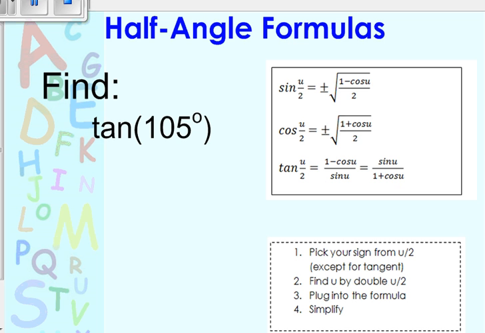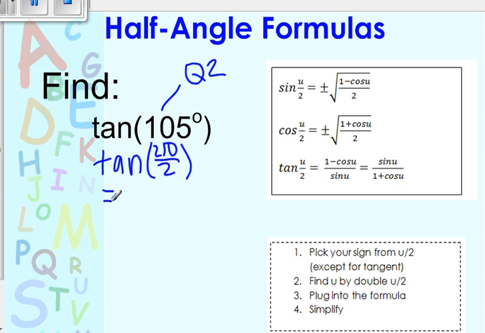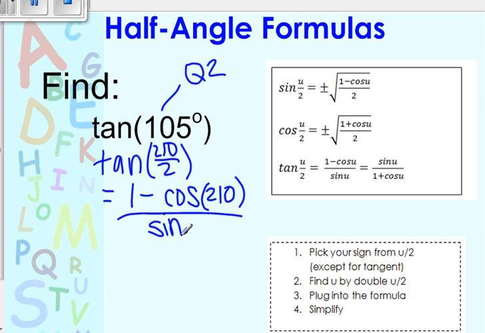All right, so this time we're doing tangent of 105. We already know this is in quadrant number 2, okay? And we are going to use the first formula there. So it's going to be tangent of 210 over 2, okay? It's going to equal 1 minus the cosine of 210 over the sine of 210. Okay. Now remember, 210 is indeed in the third quadrant, so both the cosine and the sine are